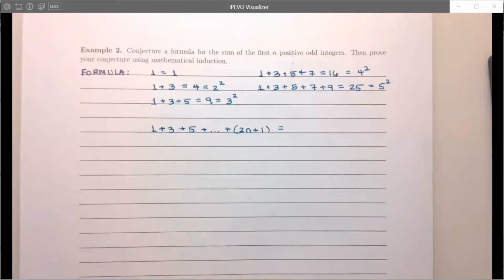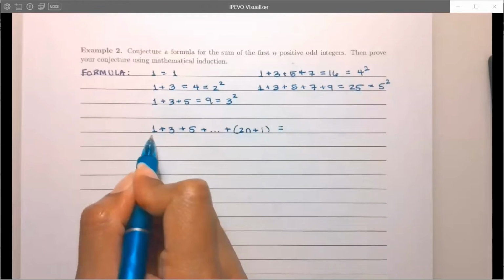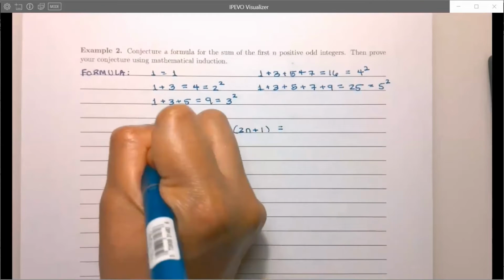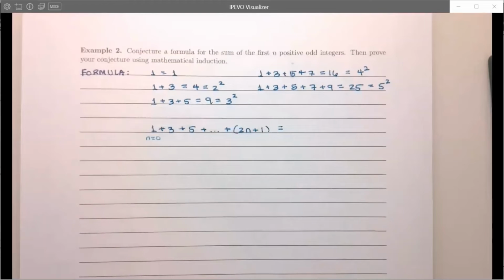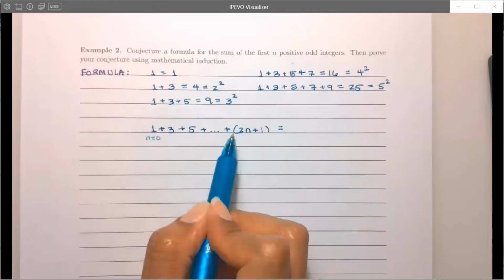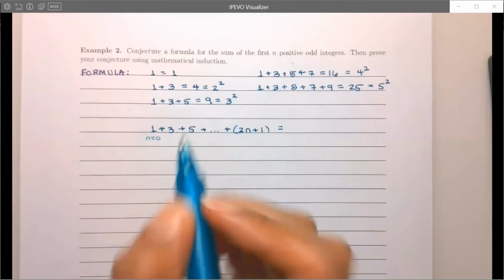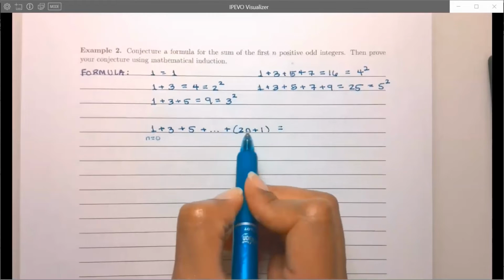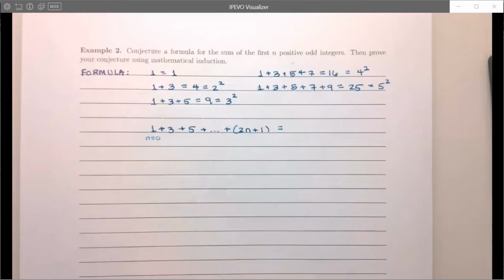Now to determine whether that is going to be n squared or not, let's just see what the pattern is. Not for what n it would be true, but rather for what value of n is this 2n plus 1. It would be for 0, right? 2 times 0 is